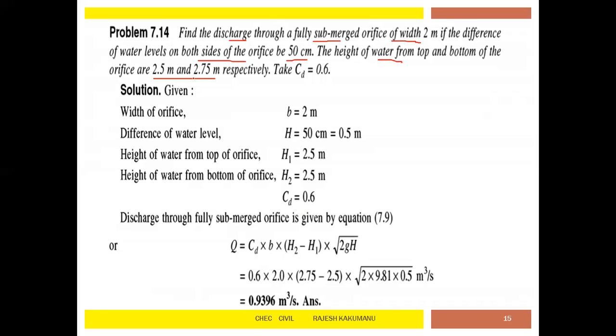Now the width of the orifice B is equal to 2 meters. The difference of water level H is equal to 0.5 meters. The height of water H1 is equal to 2.5 meters. The height of water H2 is equal to 2.75 meters. The value CD is given as 0.6. Then what do you have to find? The discharge of the submerged orifice is given by this